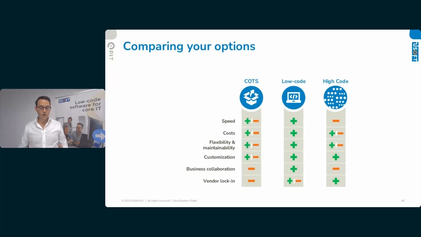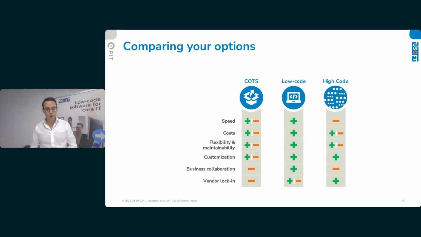And as a result, you no longer have all the benefits of commercial off-the-shelf, like speed and customization options, but it becomes a very rigid system that is no longer commercial off-the-shelf, but tailored to you and very difficult for you to adapt, with often high cost and high rigidity as a result. On the other hand, high code can be very beneficial for you as well. Typically, it's a bit more time consuming, but it always makes sure that it specifically does what you need. And if you do that in a very focused way, it has a very good cost benefit. But if you don't watch out, you do a lot of custom coding in something that could also be covered commercially off the shelf.